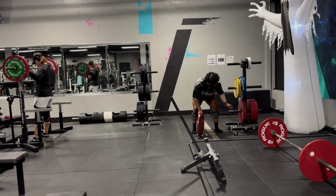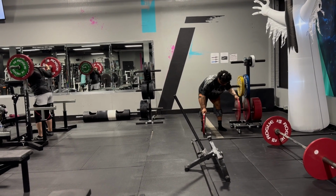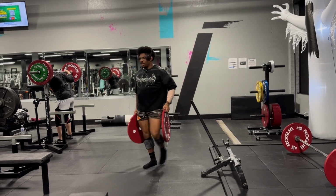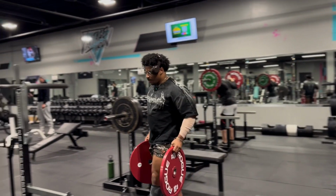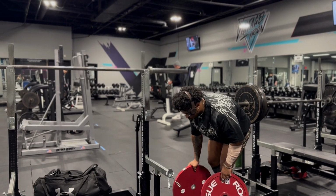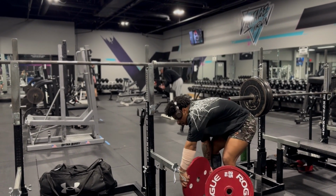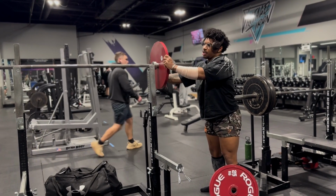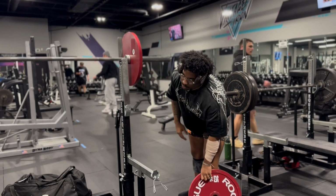But the only thing I don't like about the program is just the lightweight. I'm not gonna lie, I'm not trying to sound like a douchebag, oh man, I'm so used to pushing heavy weight. But the fact of the matter is, I am. With the shitty program that I was on,